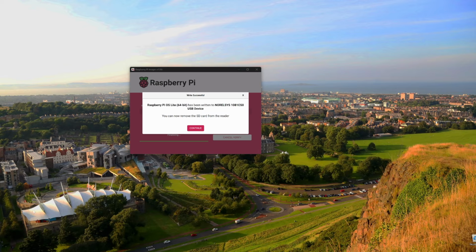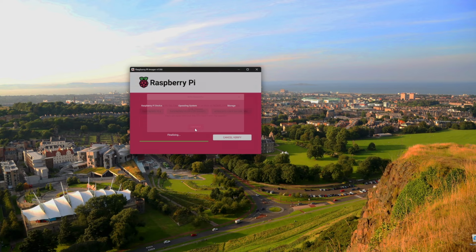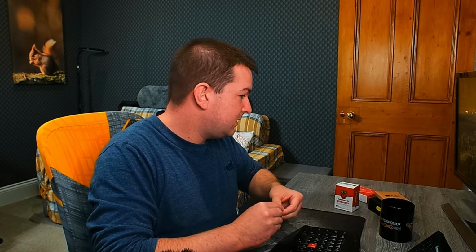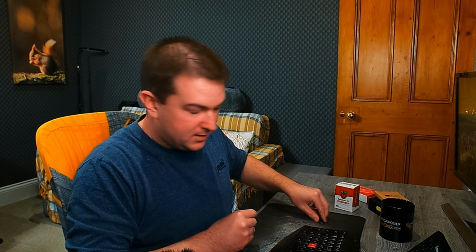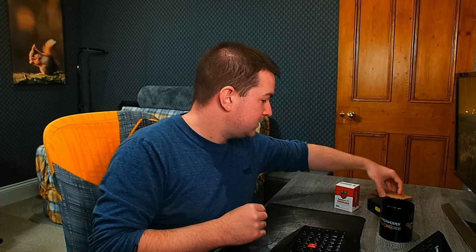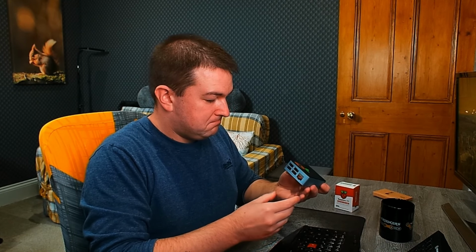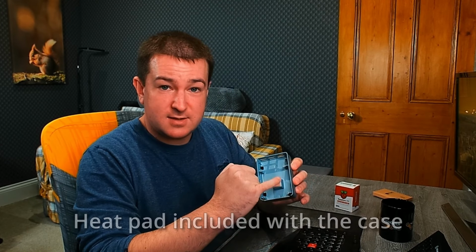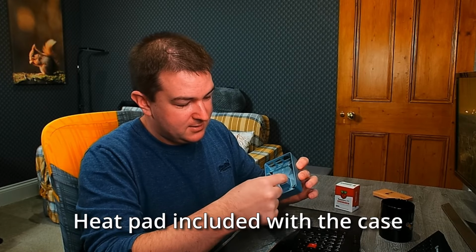Now that that's complete, we can remove the SD card from the PC and close this down. We have the SD card, and we will prep the Raspberry Pi, stick it in our case as well. Like I say, it's quite a snazzy looking little case. I've already stuck the heat pad on the bottom of there, so that is your heat